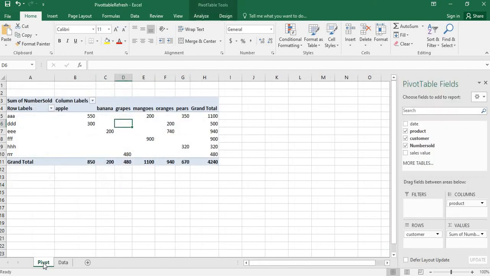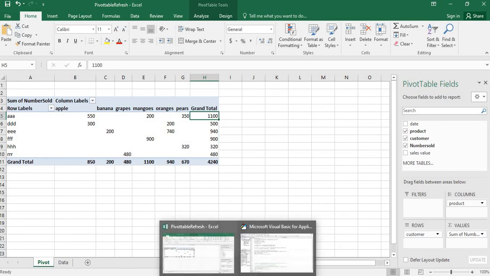pivot table. See, now in the pivot table for orange there is no record for the customer AAA. After refreshing the table it should reflect some data in the orange field, and the total should also change. Currently it is 1100. We are about to add 500 quantity, so after refreshing the table it would be 1600 or something. Okay, fine, let me run the